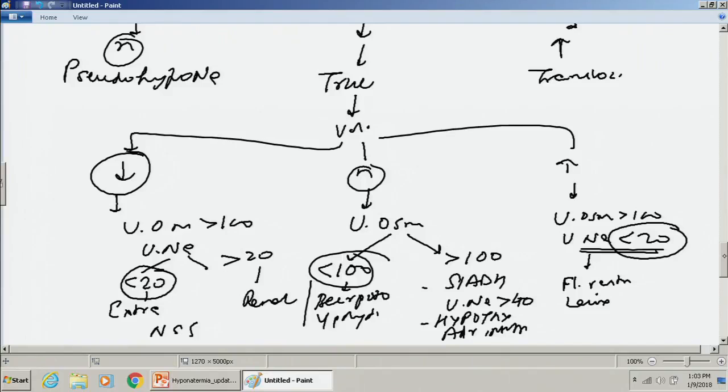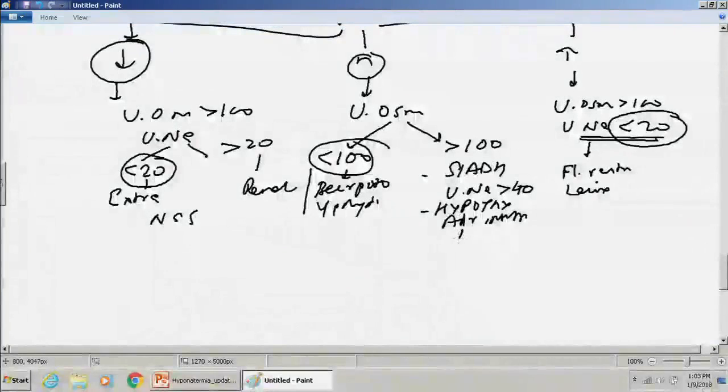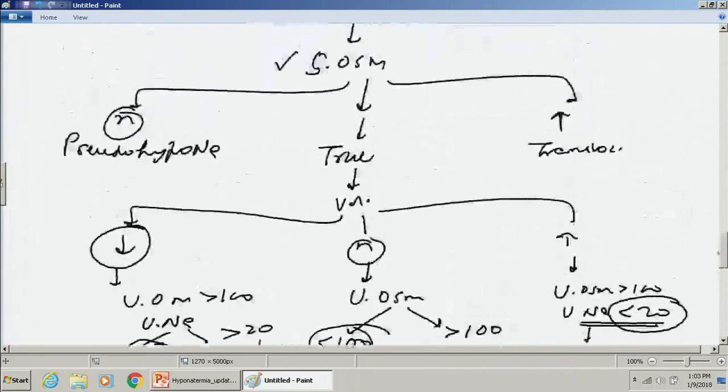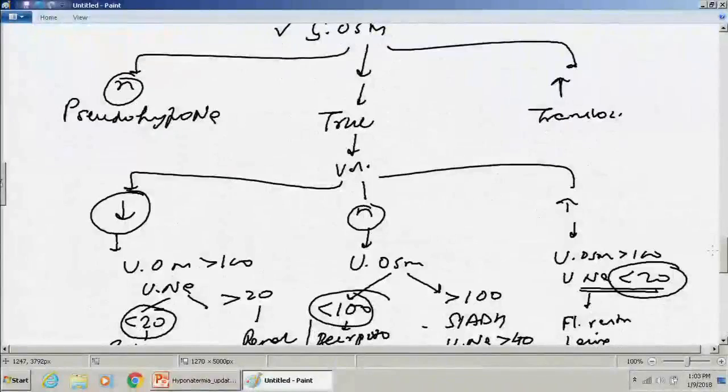Okay? And we talked about treatment of SIADH with fluid restriction, and then we said salt tablets, high protein diet. In the acute setting, we said hypertonic saline. And in these people, we just fluid restrict them and tell them to have more solute in the diet. So that is, I can't fit it in one page, but